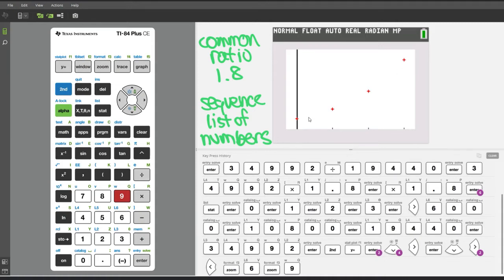So to answer that next question, describe the shape of the scatter plot. Well, the scatter plot is curvy and it's opening up. And we could really describe this as an exponential shape. But we're just learning about that. So